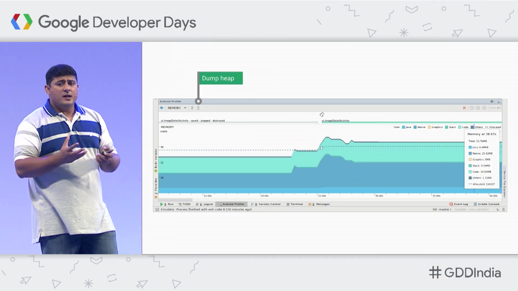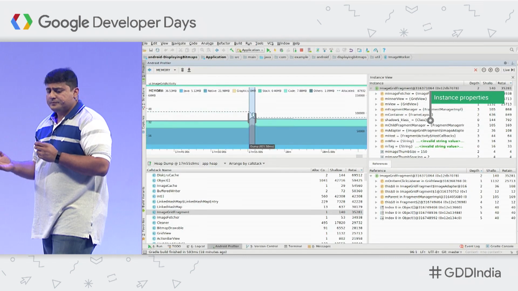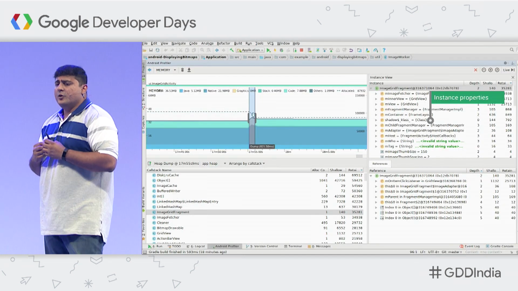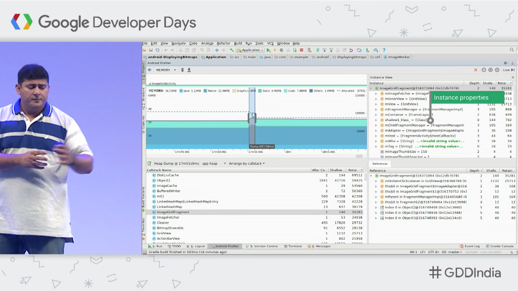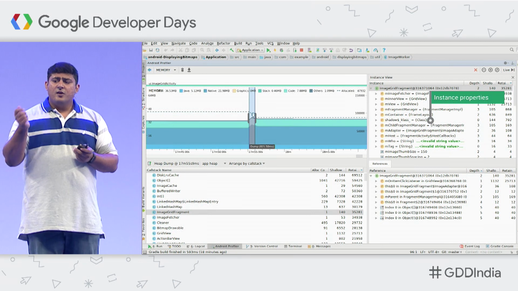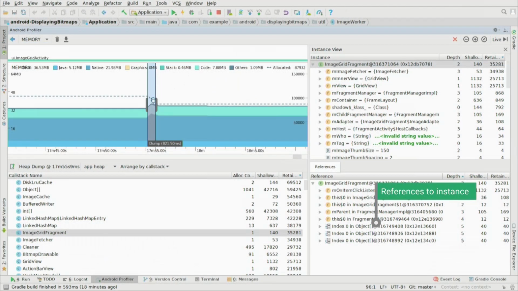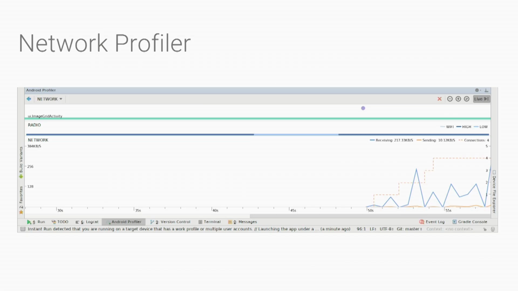Like in every place, you want to dig a lot deeper into it. So you can do a heap dump and then load that into the profiler. And this is how you will see a heap dump getting loaded. The same way you have the splits that I talked about. But when you click on the instance properties, you can also get the references to the instance. So if you see that you have a memory leak, this is a much faster way to figure out how you want to drill down to the point and see what references are holding on to this one. So it's much easier to work with them.